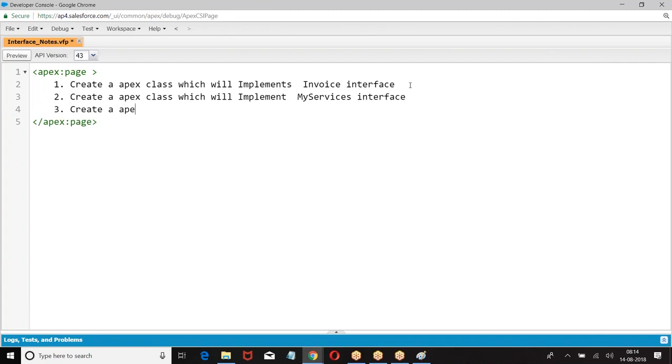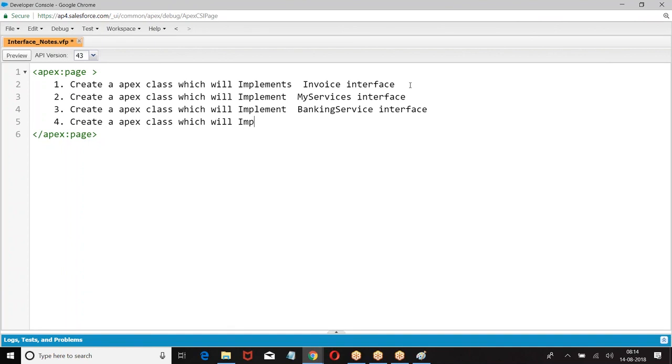Create an Apex class which will implement the schedulable interface.